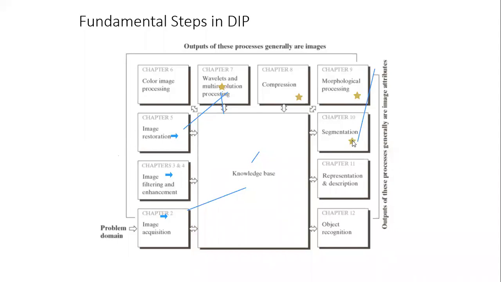And the next one is the segmentation part. In the segmentation part, exactly what we do is we divide the entire image into small segments. For example,